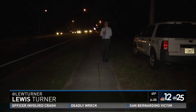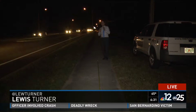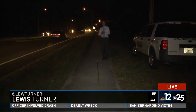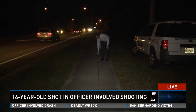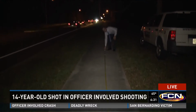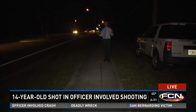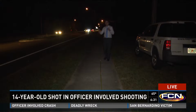Exactly, Jess. Thank you. We're at the Maple Crest Apartments on the north side of town, and I know I'm far away and I know it's dark, but that's to illustrate a very important point with these airsoft guns and with what JSO has to deal with. We have measured out 25 feet with this tape measure. That illustrates the point. That's the distance that JSO says, according to our investigation, according to witnesses, the officer, Josh